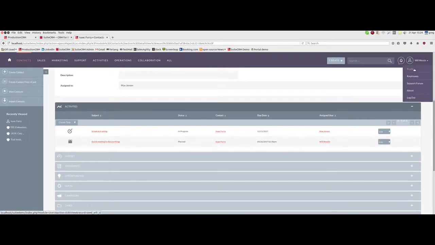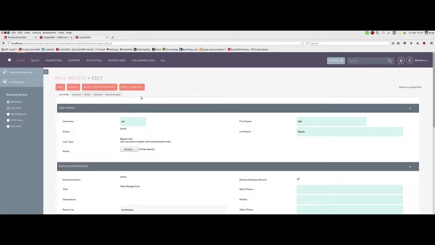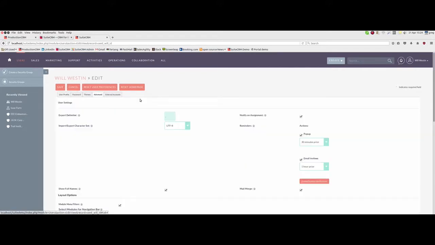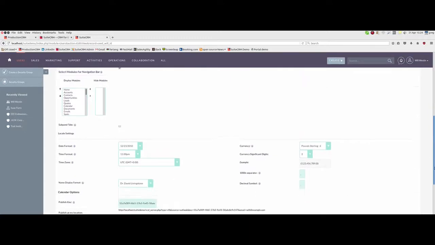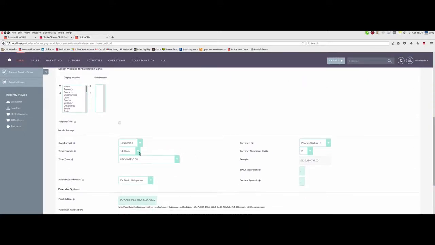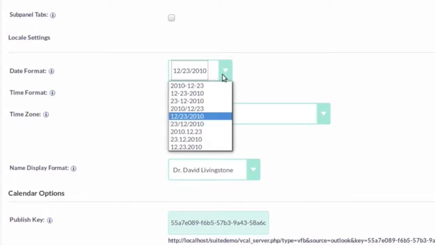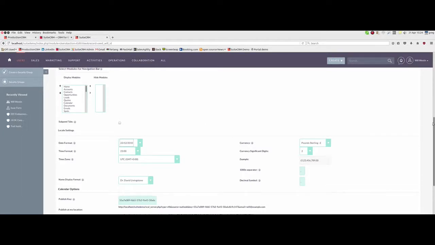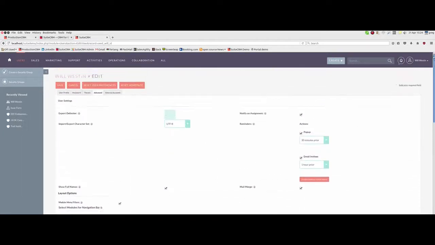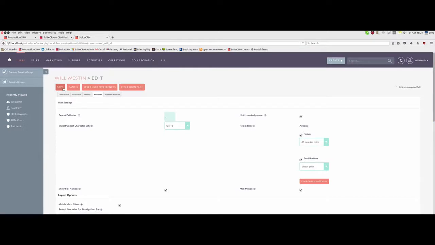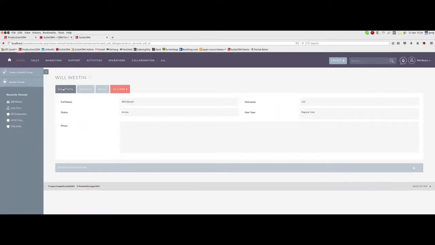I should be able to change this to 24-hour time format, 23:00, and the date format I want to be European, 23/12, just a bit more familiar to me. I do apologize to you guys who are sitting over in the USA and don't know how to write dates properly. But let's go back to Isaac Furry,